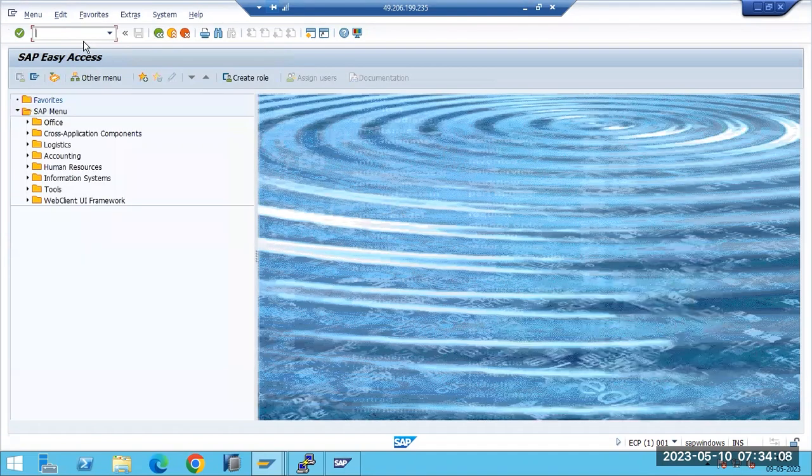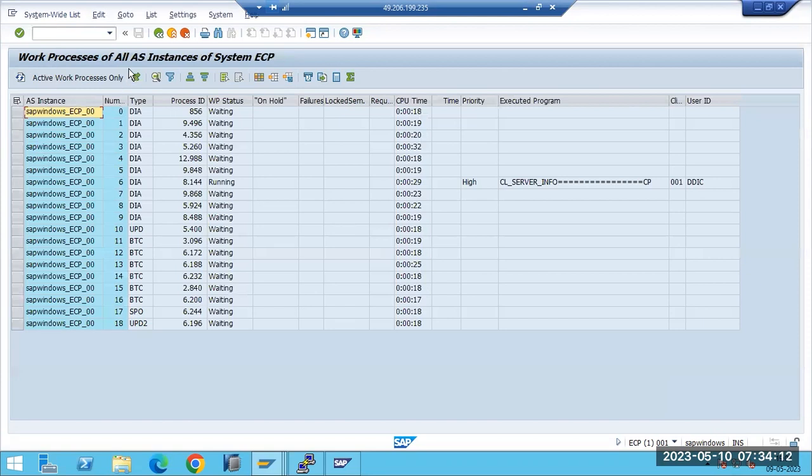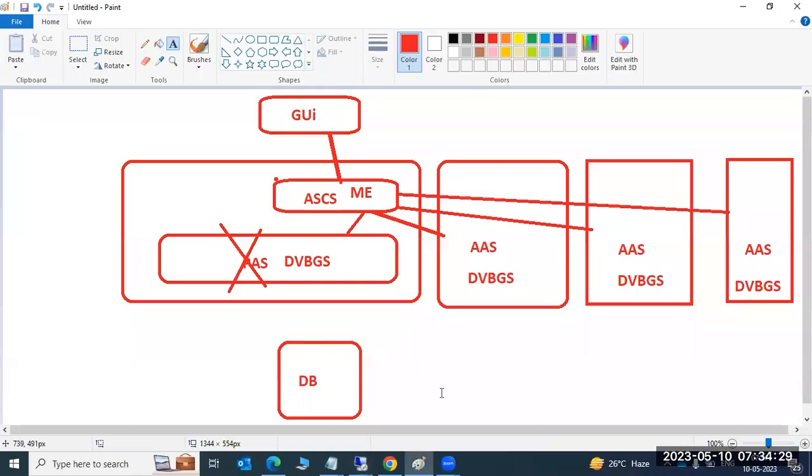If I go to SM66, then you will see all the instances of the ECP SID. You will get all the instances, which means all the application servers' work process status, on one screen. That is called local and global. Local means individual